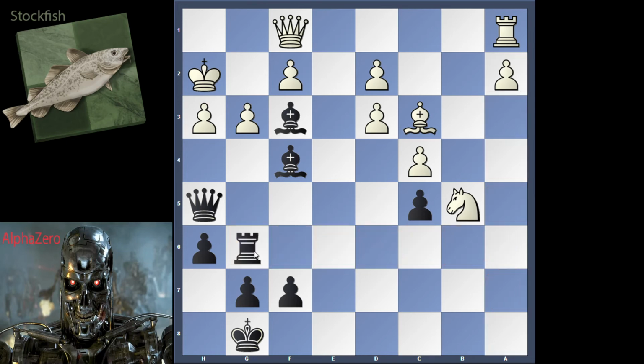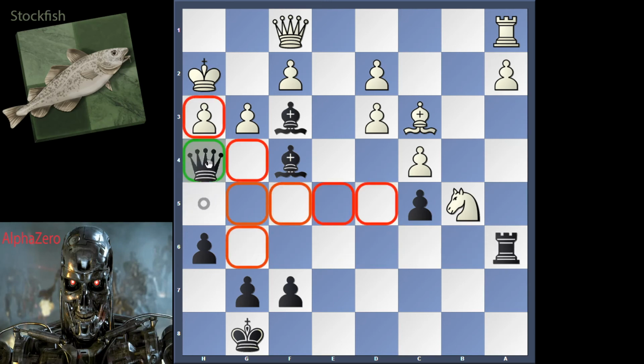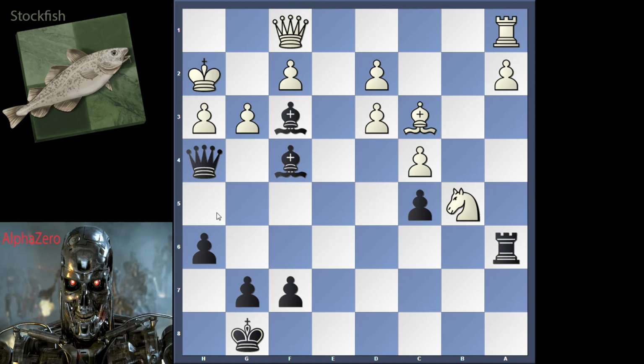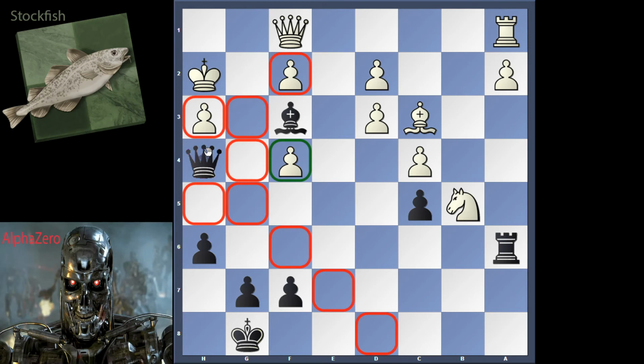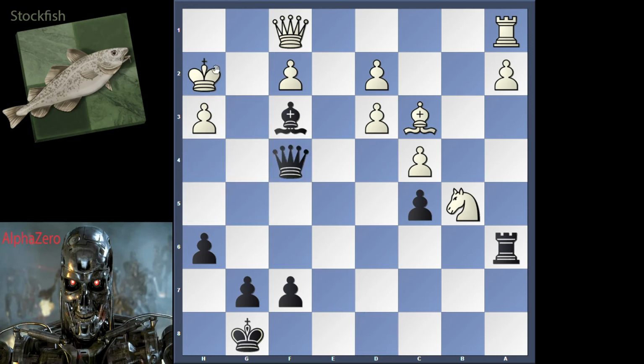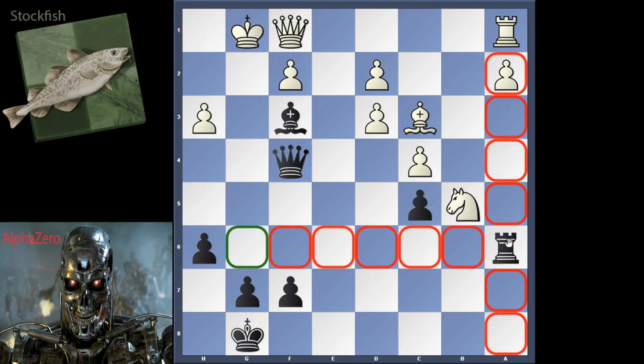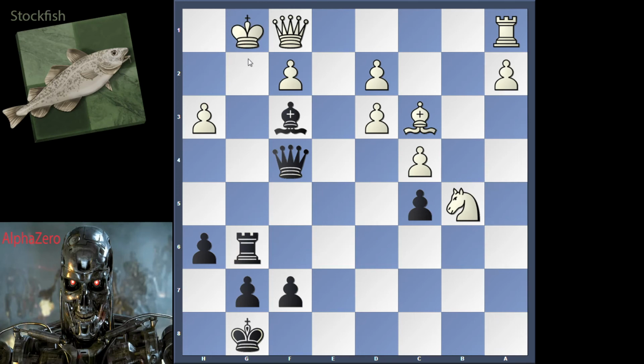But AlphaZero plays queen to h4. None of it can be taken. The queen, of course, can't be taken because it is pinned. But if white were to take the bishop, then black has to simply take this pawn, and after king moves, the rook will come to g6 and deliver mate. So going back,